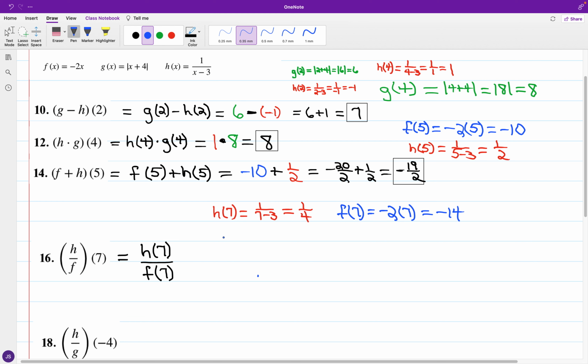Which we have at negative 14. Okay, so filling in the values. Again we have h of 7, which we have at 1/4, and we have all over f of 7, which we have, again, at minus 14. So in the case of the setup, you have 1/4